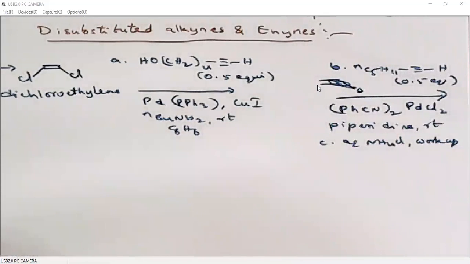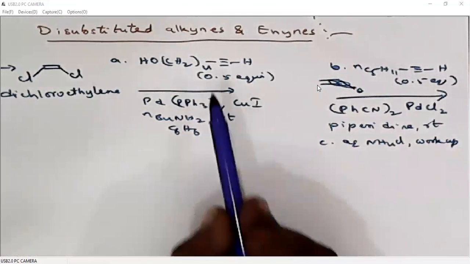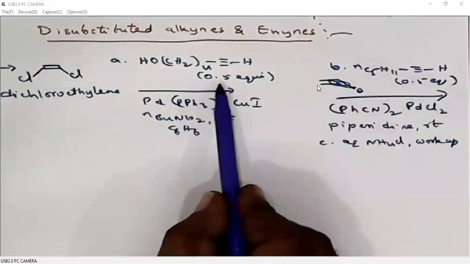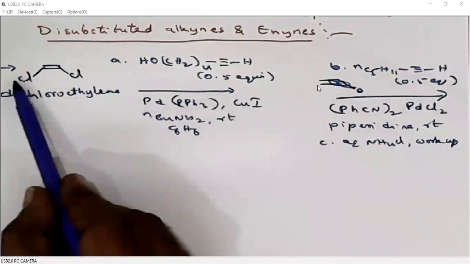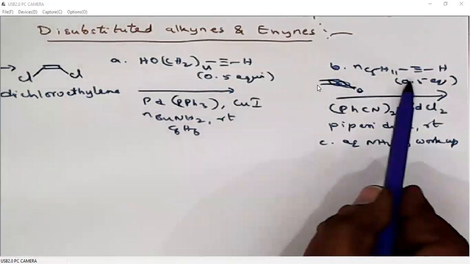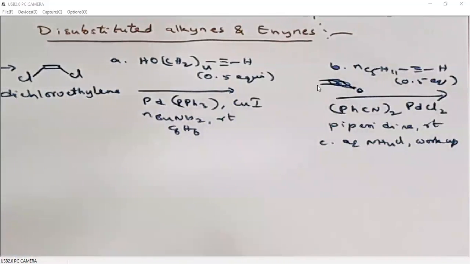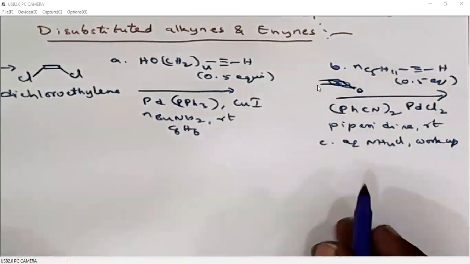We are using 0.5 equivalents. So this is for coupling one side and this is for coupling the other side. So the overall product is,